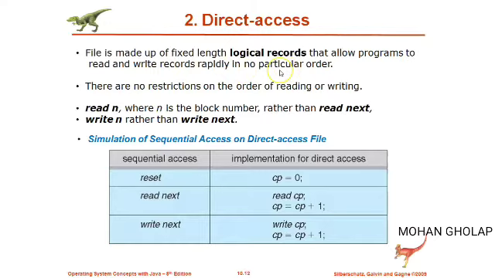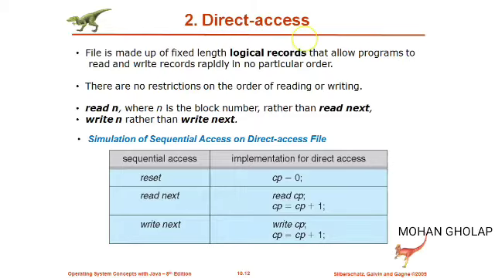particular order. We saw that in the sequential access method, the content is read one after the other sequentially. If you want to read the fifth line, you cannot directly go to the fifth line; you have to start from the first line and go on reading one after the other till the fifth line. But here, the contents of the file are divided into a number of fixed sized blocks.